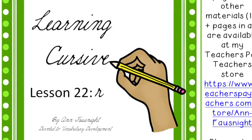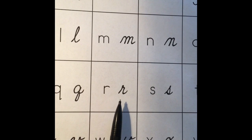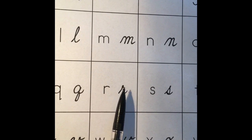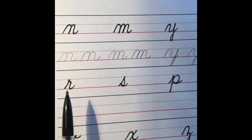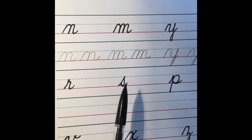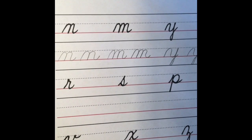Learning Cursive, Lesson 22, Lowercase r. A cursive R looks quite a bit different than a printed R, but if we think about that connector being added, we can kind of see an R in there. The next three letters we will study are S and P, very important letters for us to be able to do. They all start with an undercurve. So lowercase r